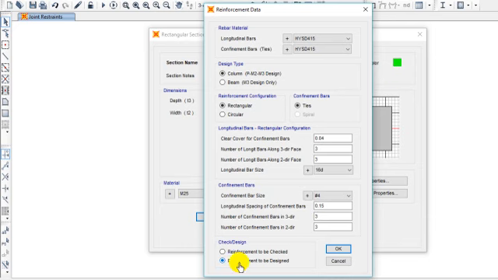If the reinforcement we provided is sufficient according to the code provisions, then that will be continued for the modeling itself. But if the provided reinforcement is not within the limit, then the software itself will design the suitable reinforcement for the loading conditions. Okay. And here let me provide 8 mm diameter and 150 mm center to center spacing.